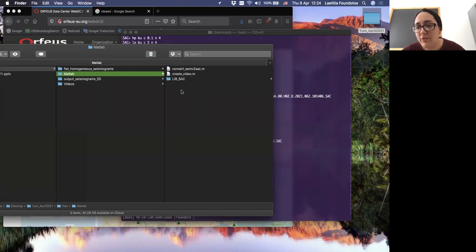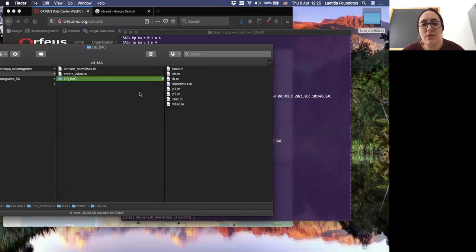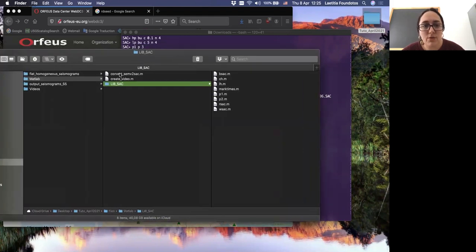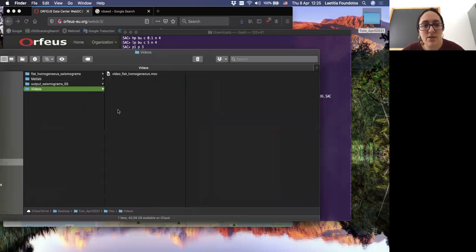Some of you have MATLAB, but I know this is quite expensive software and not everyone has it, but if you have it, this library could be useful, and also my two small programs. And I will also send you the 4 videos corresponding to the 4 different examples and all the input files to run SPECFEM2D for this example.